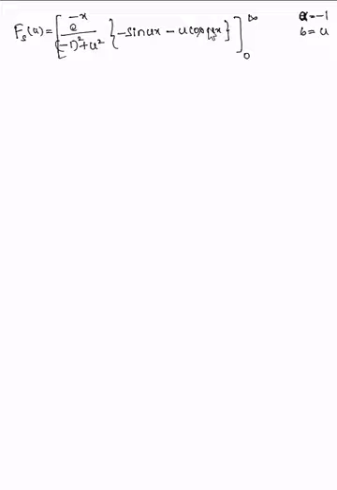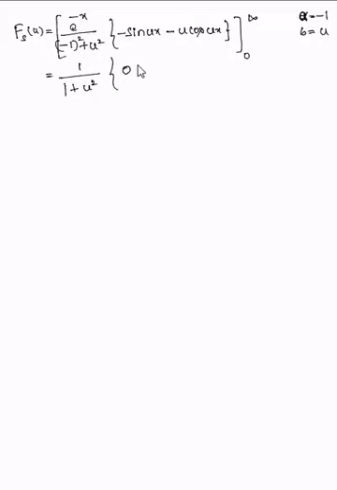Now let us substitute the limits. This is equal to 1 by, minus 1 whole square becomes plus 1, so it is 1 plus u square. Let us substitute the limit. If I put x equal to infinity, the upper limit, it becomes e power minus infinity, and e power minus infinity is 0. So 0 into this entire thing becomes 0. Every problem will have the same type of simplification. There it is 1 by alpha square plus u square; here it is 1 by 1 plus u square. That's all. So e power minus infinity is 0.